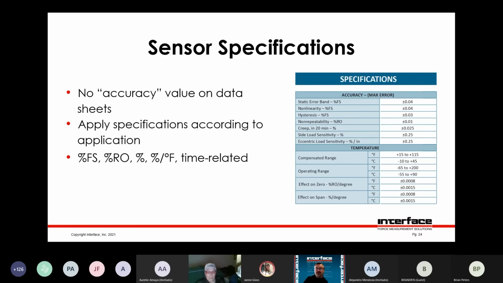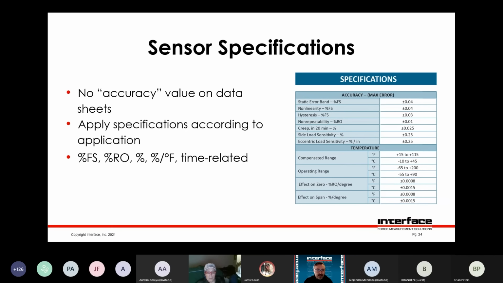So you can't necessarily pick any single one of these to determine what the accuracy of your measurement is going to be. On the other hand, in many cases, you don't have to include all of these. Some measurements don't have some of these components contributing to their error, so you can ignore them. So again, discussing with your application engineer, if we talk about exactly what you're trying to achieve, we can kind of hone in on what specifications are most important and what we need to do to help make sure you make the best measurement. When you look at specifications, one thing you'll notice is they have different units.